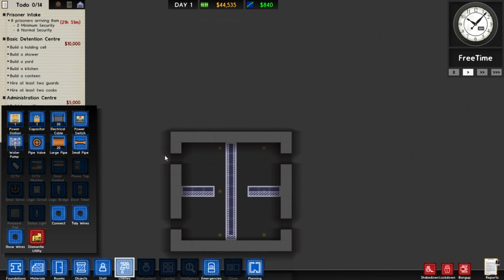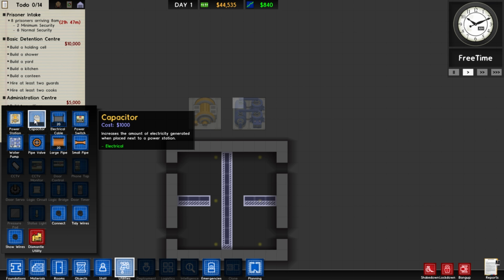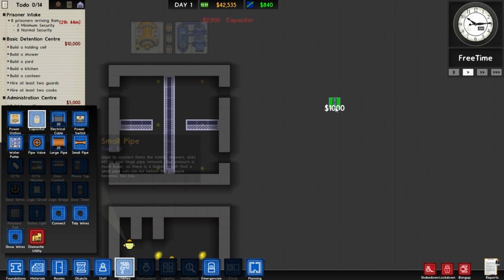Sometimes they go around and they smash things. It would be pretty terrible if they smashed our power station. So let me go and do that. And a water pump right here. And then some capacitors. You start off with one of each already included in your initial load, which is good